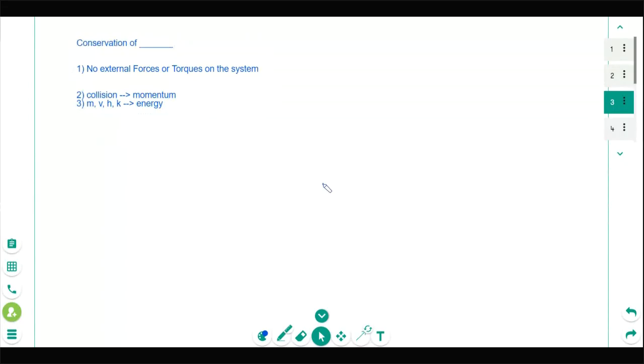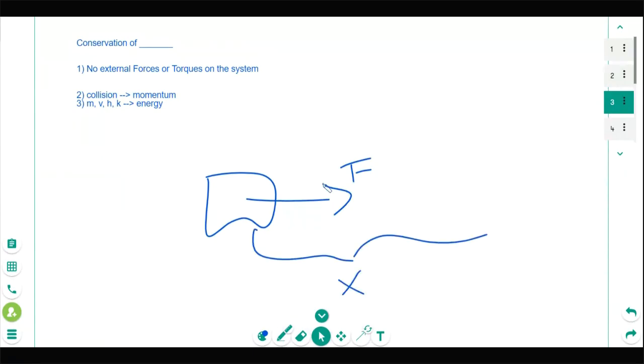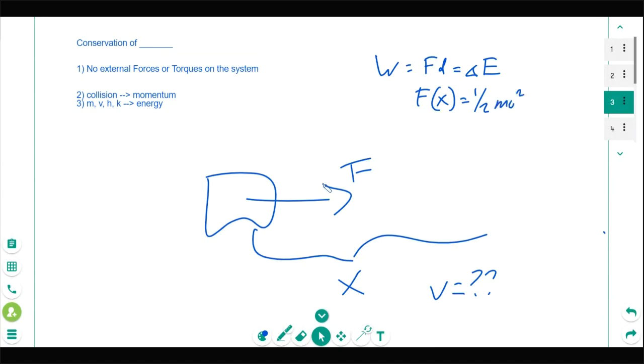So if we're asked to find speed on a frictionless surface, like I'm pushing on a block, so doing something like this where I have my block and I'm pushing on it with some force F, and let's say they give me a distance to move here and they want to find the velocity at the end. Sure, I can do work. So this could be a work equals force times distance equals change in energy sort of question. So this would be F times x equals 1/2 mv squared minus 0, because we weren't moving at the beginning, that sort of question.